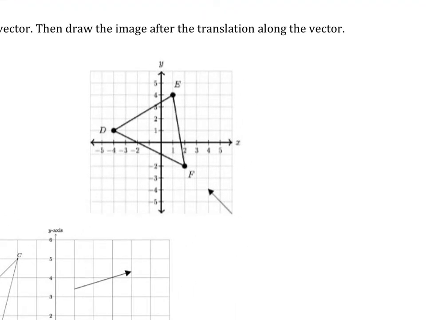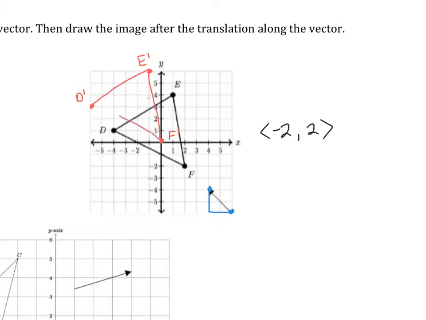So let's look at this next example. So I can see my vector is down at the bottom, so this is my initial point and this is my terminal point. So I can see that I went to the left 2 and then up 2. So that means the component form is -2, 2. That means I go to each of my coordinates of this figure and I go left 2, up 2. So D prime is going to be right here. E prime is going to be here, and F prime is going to be right here. And then I connect my dots,